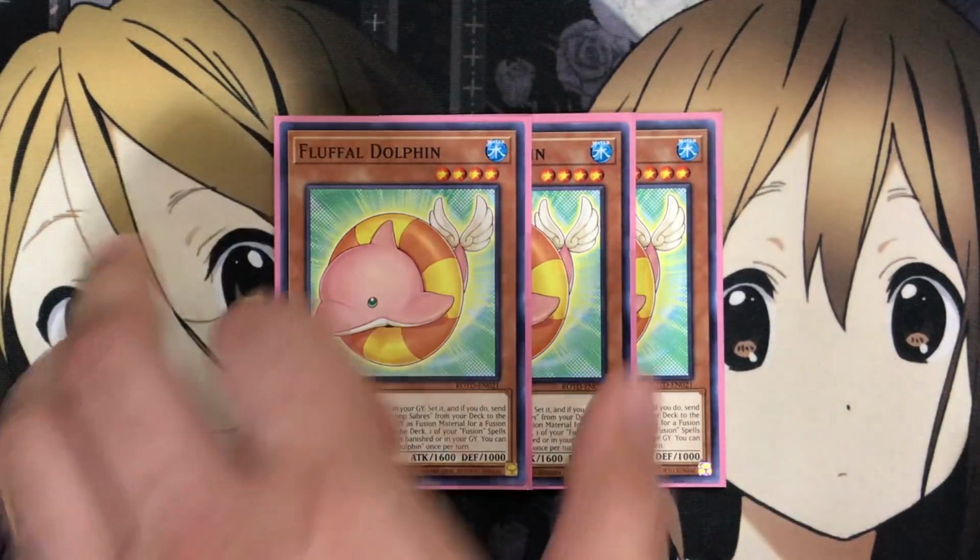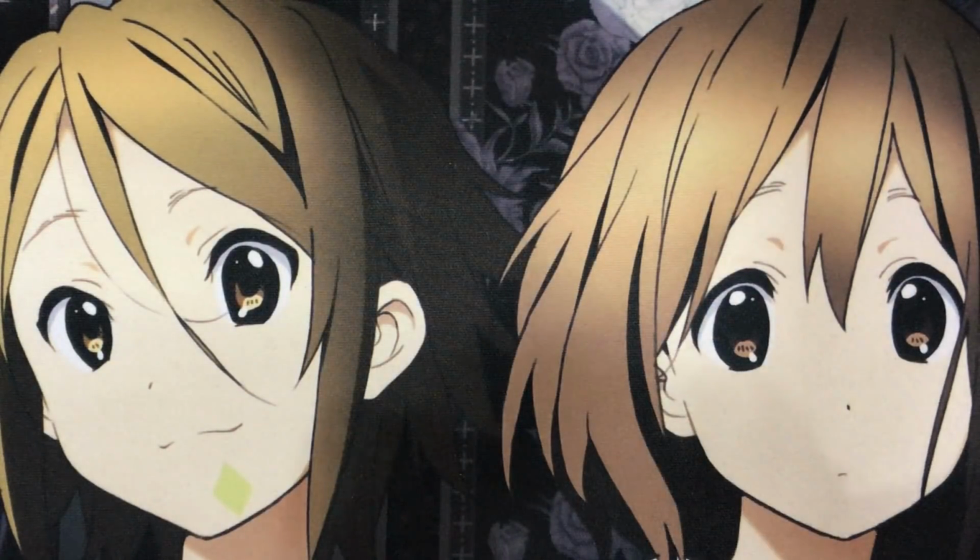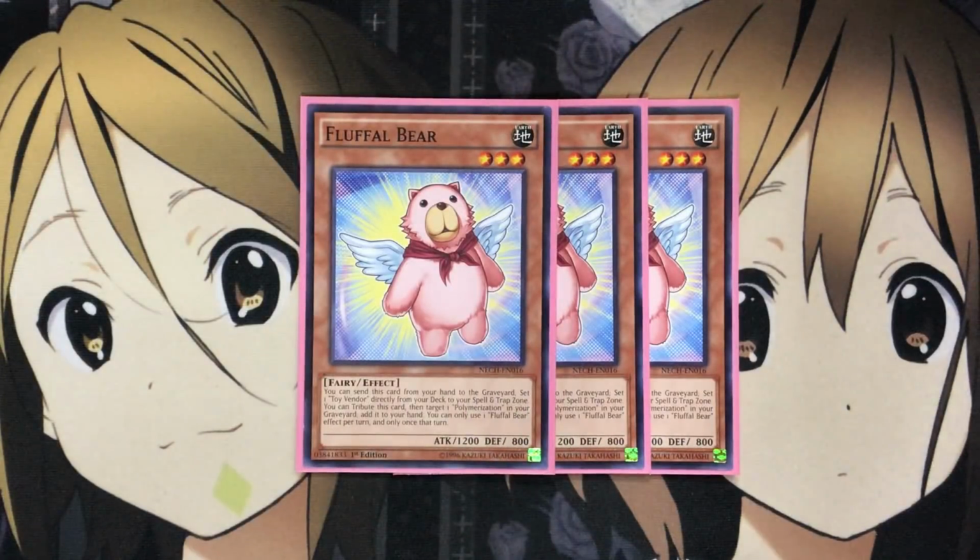And sticking to some of the original Fluffals, I'm still running the 3 Fluffal Bear, while Fluffal Dolphin helps to set up the Toy Vendor from the graveyard. You can use Fluffal Bear to send this card from your hand to the graveyard to set 1 Toy Vendor directly from your deck. So your opponent can't Ash Blossom this card, it doesn't add to the hand, it sets it